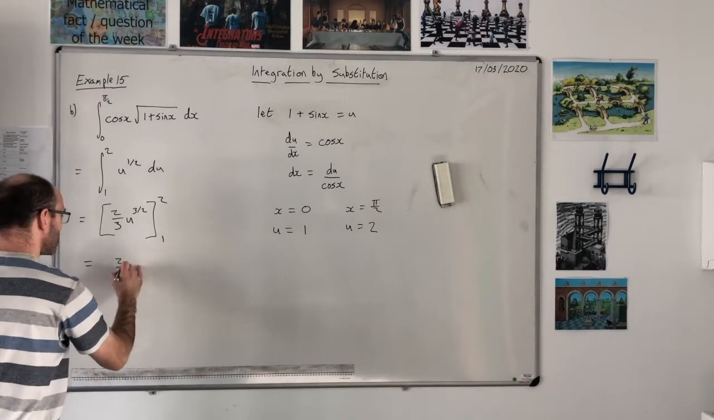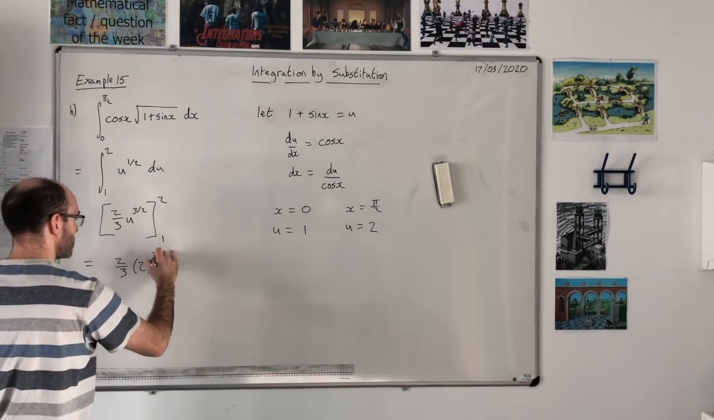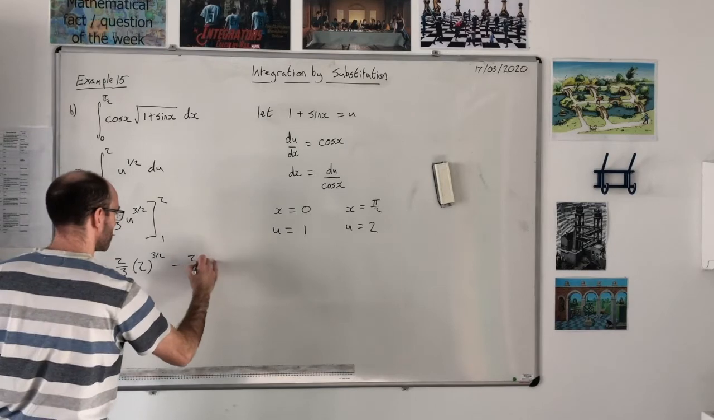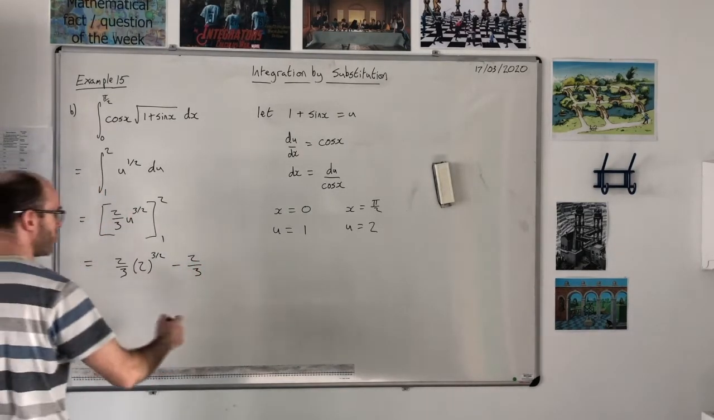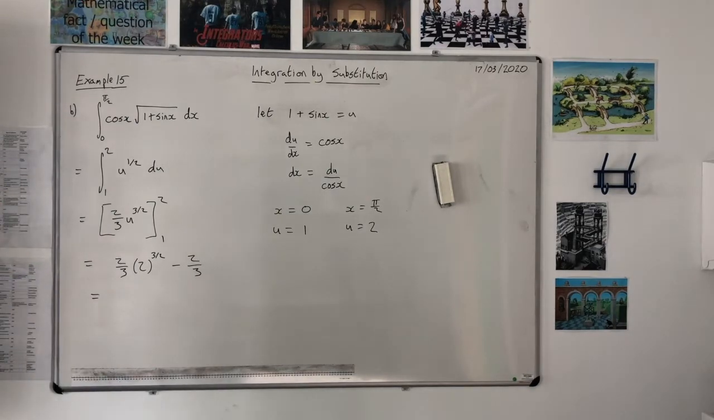So substitute in 2/3 of, that's going to be 2 to the power of 3 over 2, subtract 2/3 of 1. Okay, which is just going to be 2/3, isn't it? Now we've got to work out what this is. Okay, so